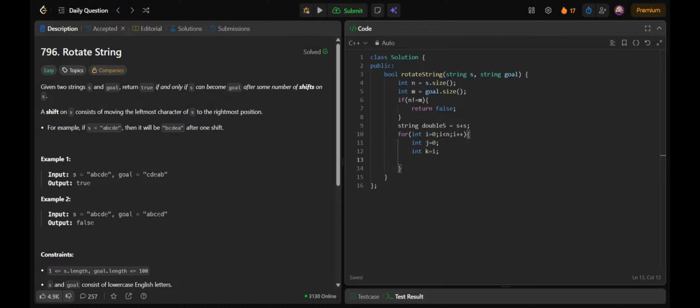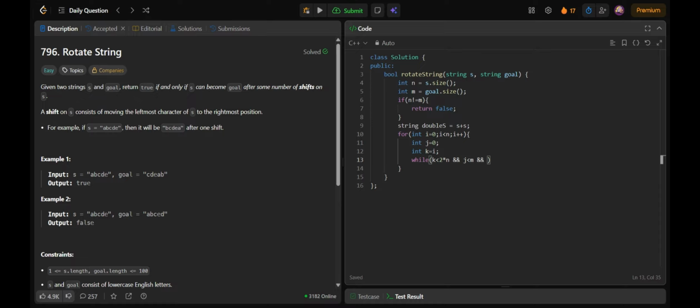I'll simply say that while k is less than 2 into n and j is less than n, because j is basically iterating in goal which is of length m, right? It's one and the same thing, because if n is not equal to m, then only we'll move further here, right? m would be equal to n only.